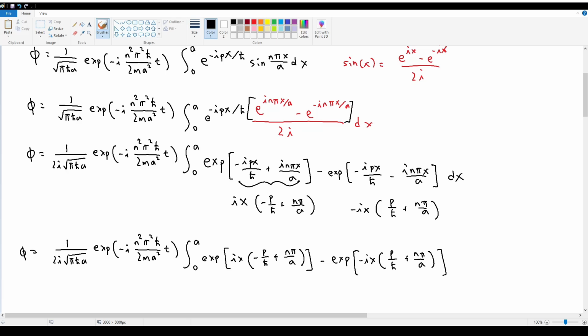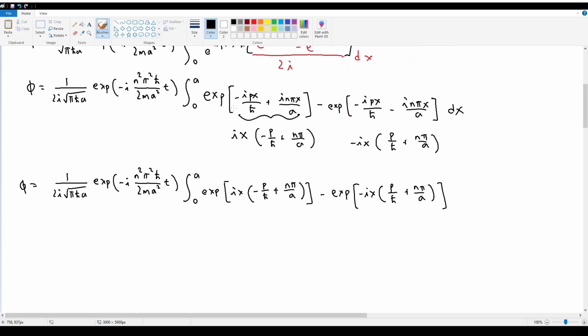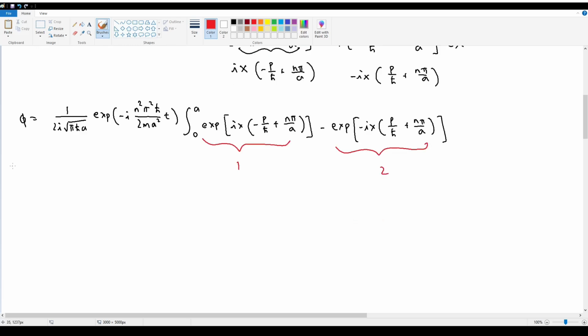We can split them into two different expressions, right? Because this is a plus term that's connecting these two complex exponentials. This can turn into two integrals, or you separately evaluate each individual complex exponential. So let's label these as 1 and 2. Now, for number 1,